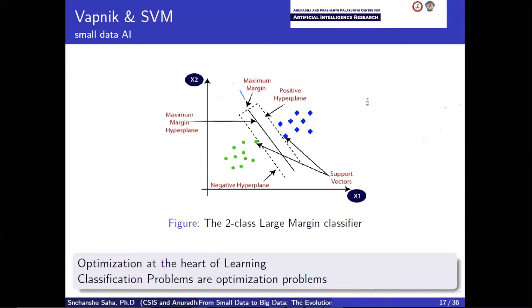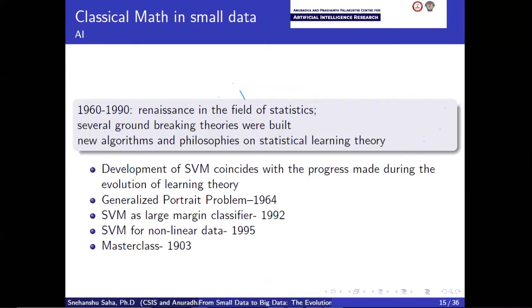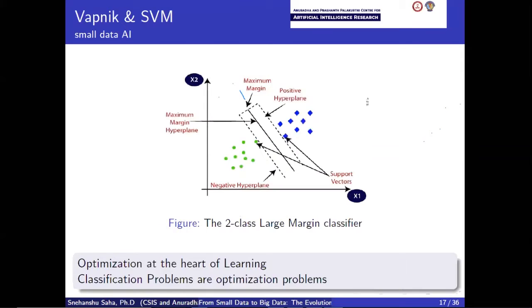Well, this is good as long as your data is separated by a line. If the data is not separated by a line, if it's multidimensional data, there is a beautiful technique that he devised much later, in 1995. The reason I wrote this is that he started solving this problem in 1964, when he was trying to solve an OCR problem, optical character recognition. You know what OCR is: he's trying to figure out patterns from the OCR.